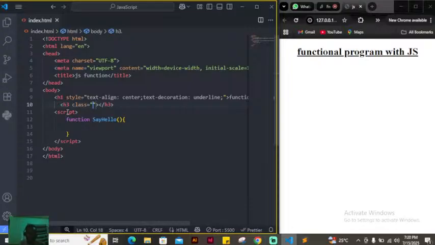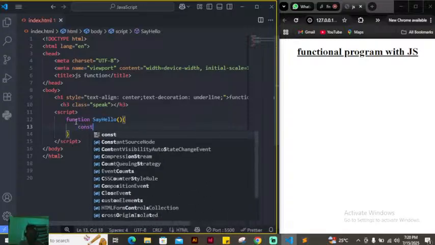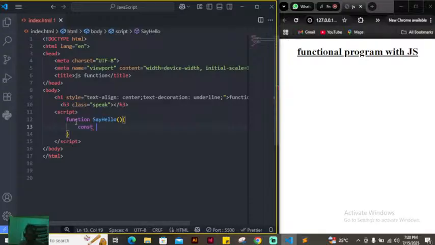Let's say something like speak. So I'm going to write my program now. The first thing you should expect me to do is to first of all declare my variable. I can say const speak,